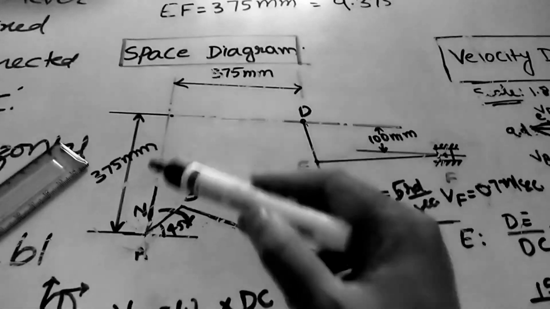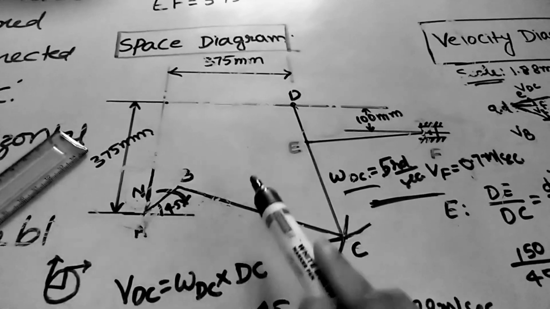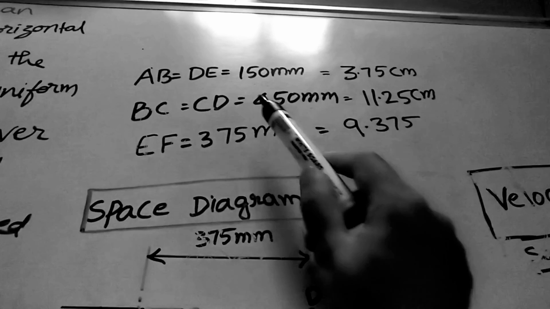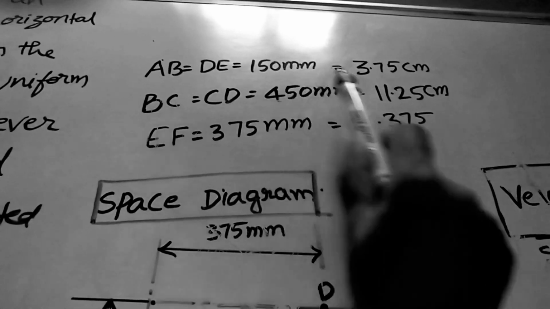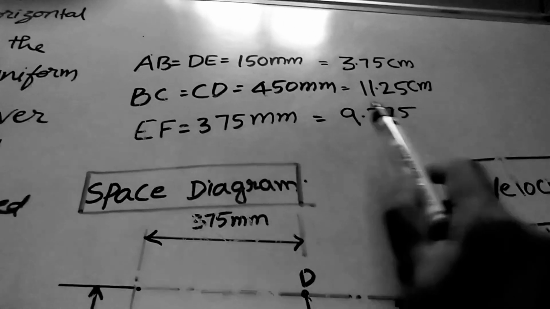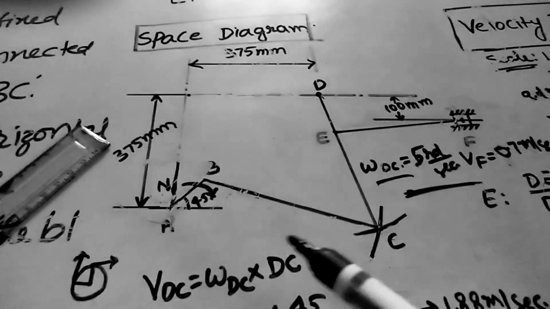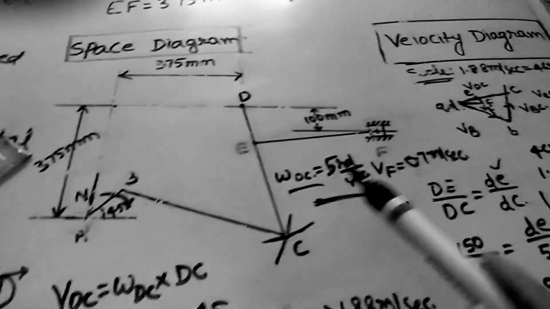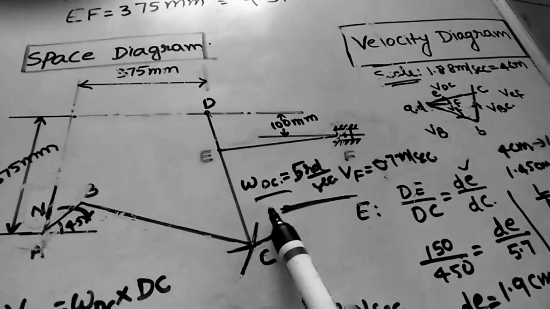Like that, if the diagram is given, do with drafter. Here dimensions are more, take with scale. Here I am taking 1/4 of this value. Okay, so here I did the diagram according to this dimensions. Okay, after that we did the velocity diagram for finding these two values.